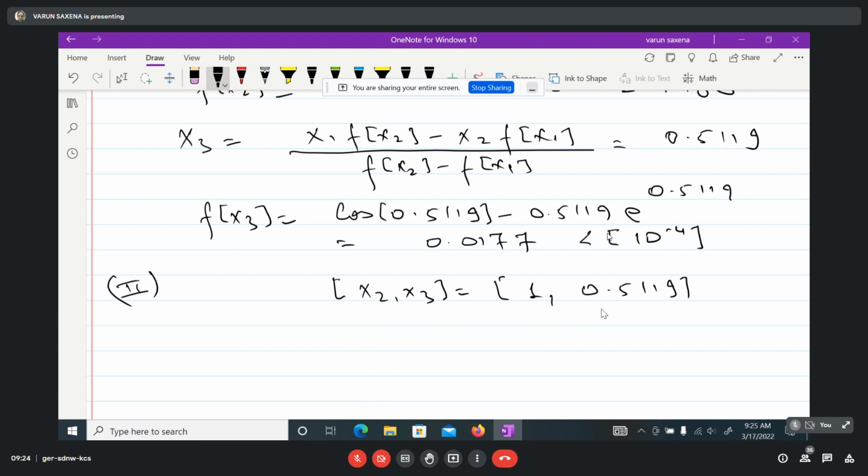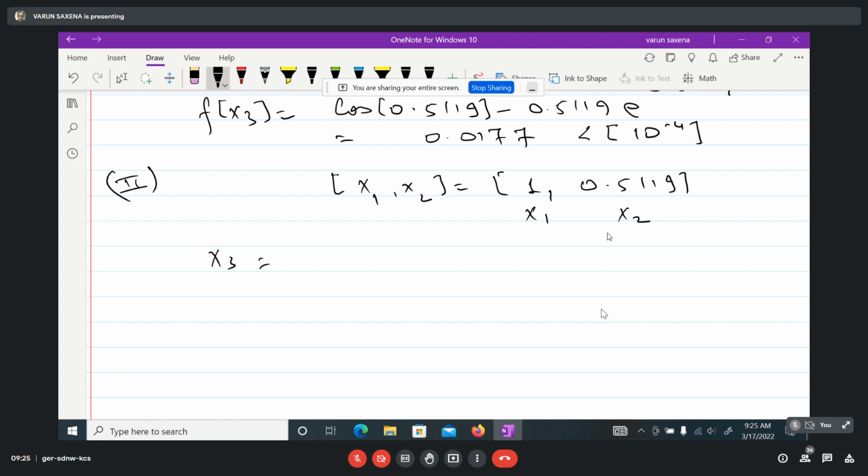So now let's say that this becomes your x1 and this becomes your x2, so that we are always talking in terms of x1 and x2. So now your x3 becomes 1 into f(0.5119) minus